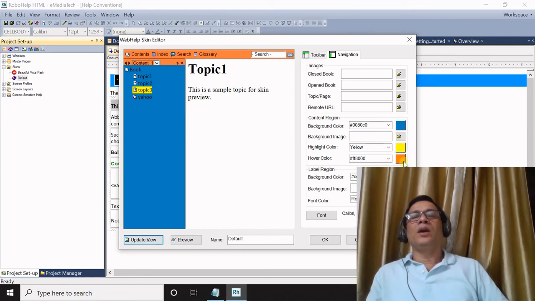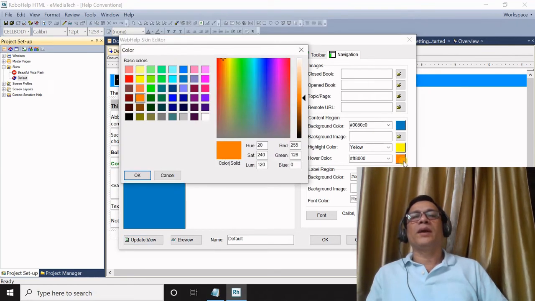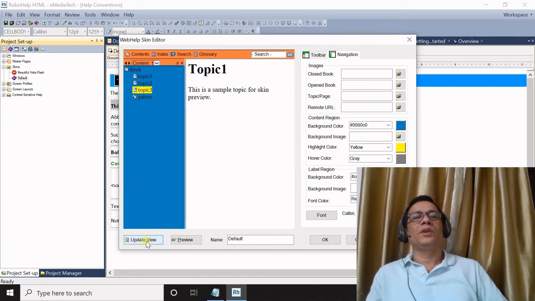I will change this hover color as well to this one. Now we'll update this design. You can see that this hover color has changed.